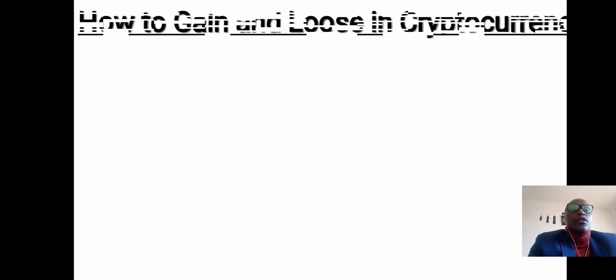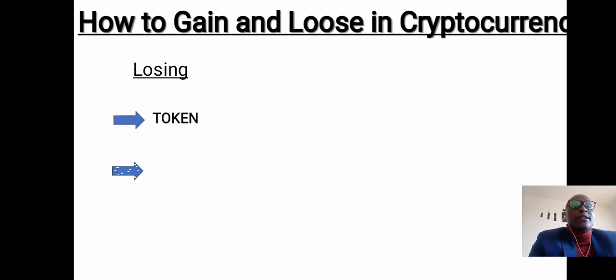All right. So I want to illustrate a bit how to lose on cryptocurrency, because people have lost money here. And in order for you to make a business decision, you must understand the dynamics in this field. So the first way of losing money is by purchasing something we call tokens. Now, tokens are a prototype of cryptocurrency. They are not fully cryptocurrencies. You find that people invest in these tokens because they are cheap. And when they rise by a higher percentage, that attracts more investors also. So you pump in money to these tokens, but you forget that they have no standard valuation. So the moment they drop, the value comes back to zero,